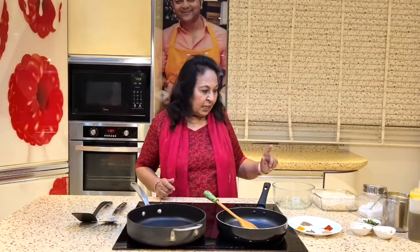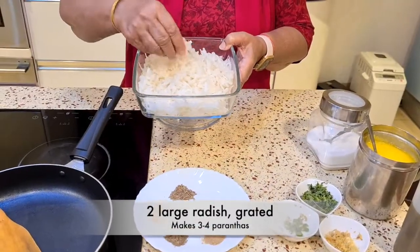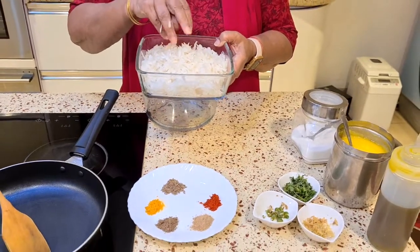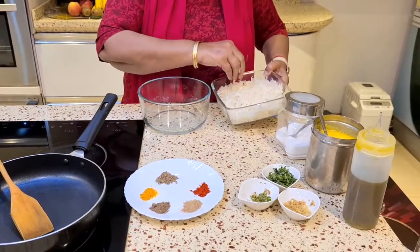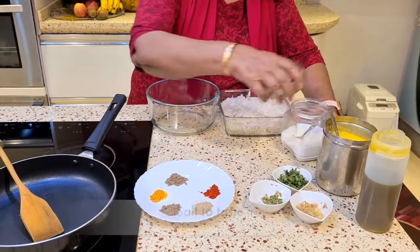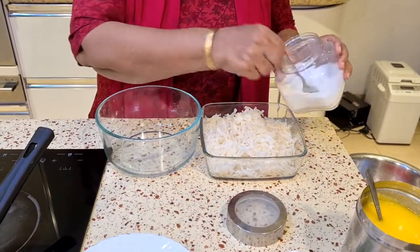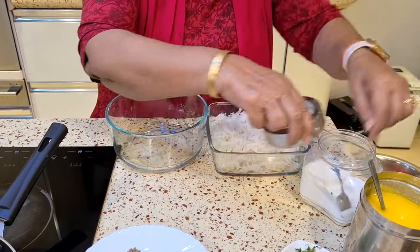So firstly, I have grated this mooli. You don't have to make it too fine, because if it's very fine, then it becomes mushy and like a paste after you've cooked it. So I'm going to add some salt in this. The salt you have to add quite a bit, because we are going to squeeze out the water from here, and the salt is going to